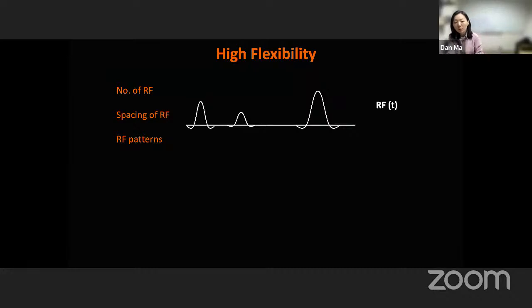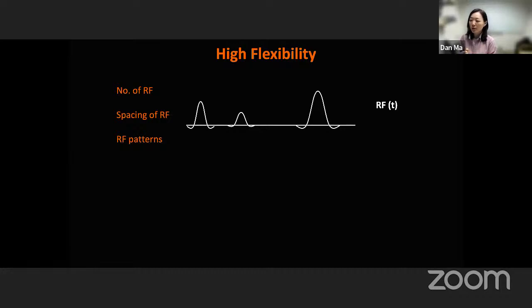In terms of flexibility, I also want to say that MR fingerprinting is a very general framework. Like human fingerprints, there's no requirement on the shape of the fingerprints, right? Everyone's fingerprints can be an arbitrary shape. For MR fingerprinting, the detected signal can be arbitrary shapes as well. That gives us very high flexibility